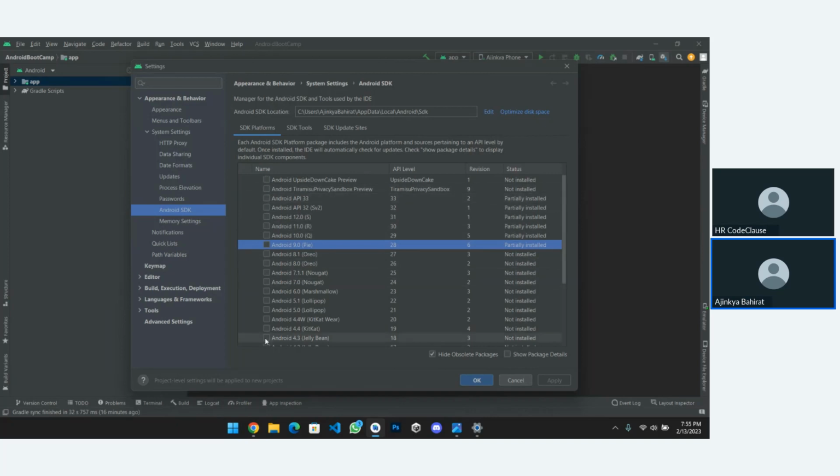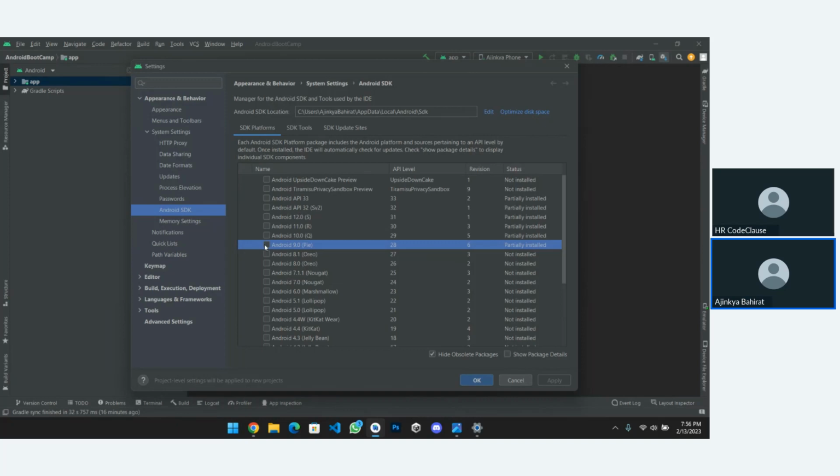You can download all types of SDK, but it will cause a storage issue, and you need not install all of them. Basically just go with yours. If you are going with the emulator, you can simply download the emulator OS from there. If you are going with your actual device, you need to download the particular SDK.